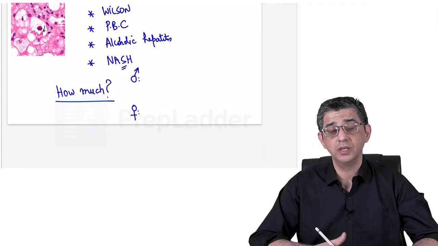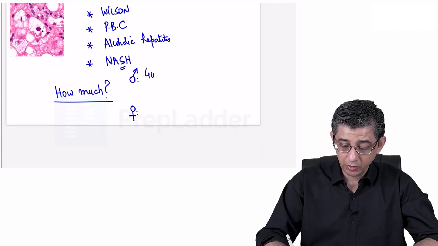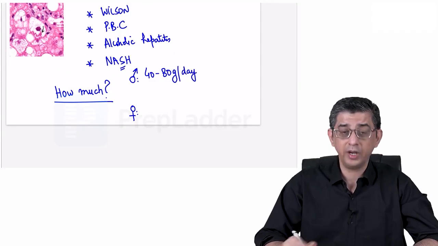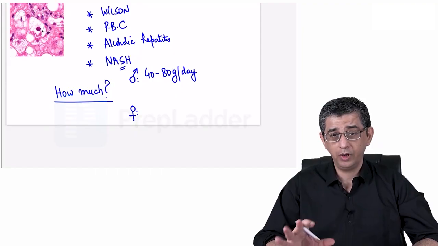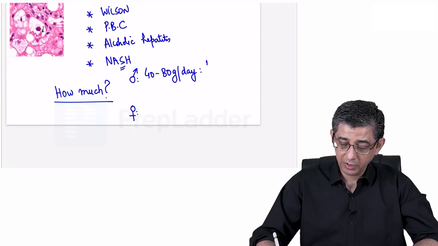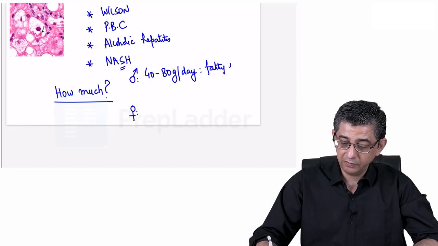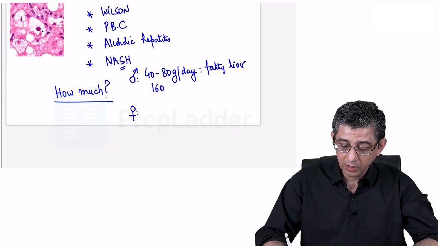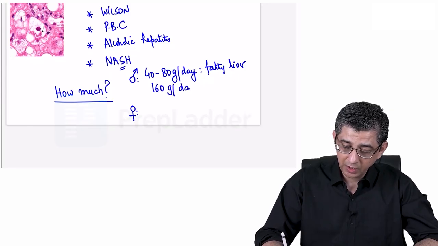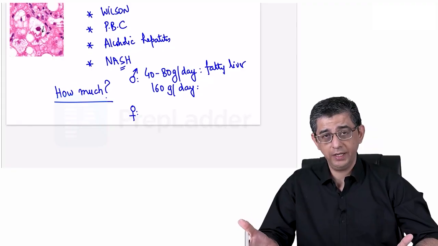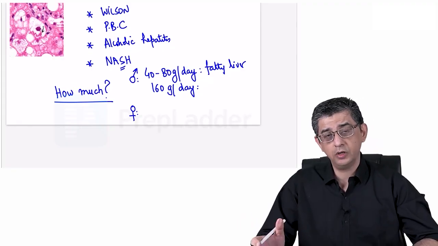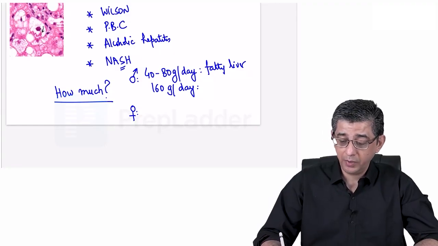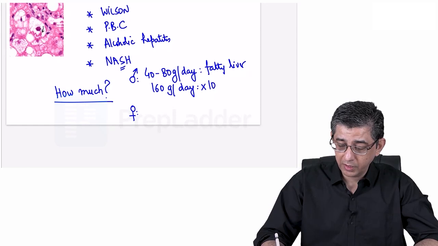Let's see the differences. Clinical studies have shown, I'm quoting Harrison here, that 40 to 80 grams of alcohol consumed on a regular basis, ethanol I'm talking about, right? Then the patient will end up with development of fatty liver. Listen to my next data even more carefully. If the same person starts consuming an increased amount of alcohol, which will obviously happen over a period of time once the dependence component comes in, the person is consuming 160 grams of alcohol per day over a period of something like